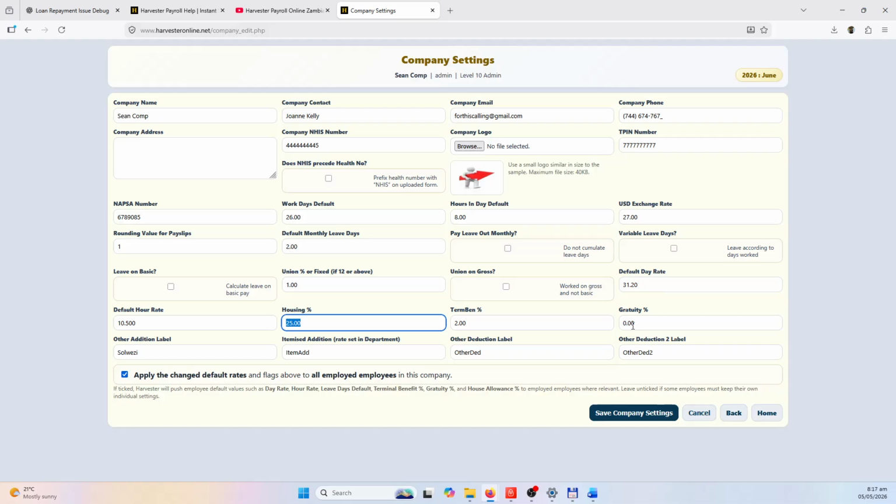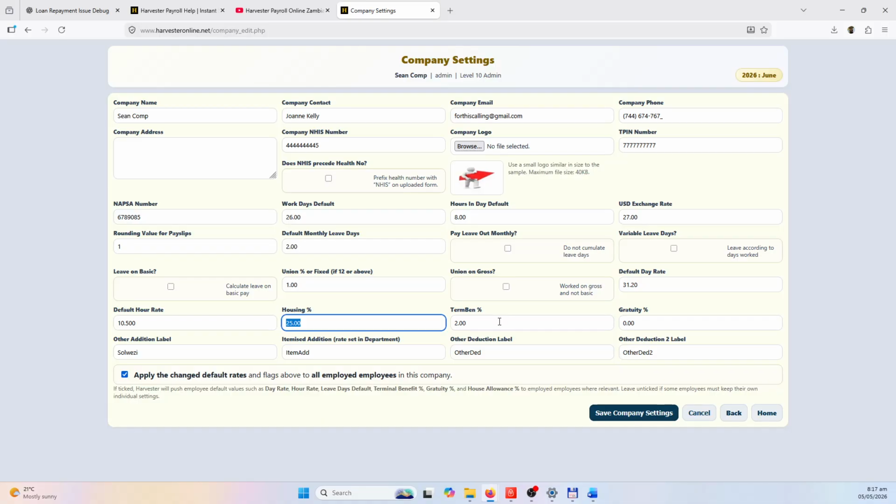Gratuity percentage, the same. Terminal benefit percentage, you need to make your choice with what percentages you use in terms of, are you using the gratuity for the regulated percentage of the year gratuity that needs to be paid. It's also called terminal benefits. You can use either or. It does the same, and it will accumulate your terminal benefit or gratuity for you, so that when you come to pay out to the employee, you'll have the